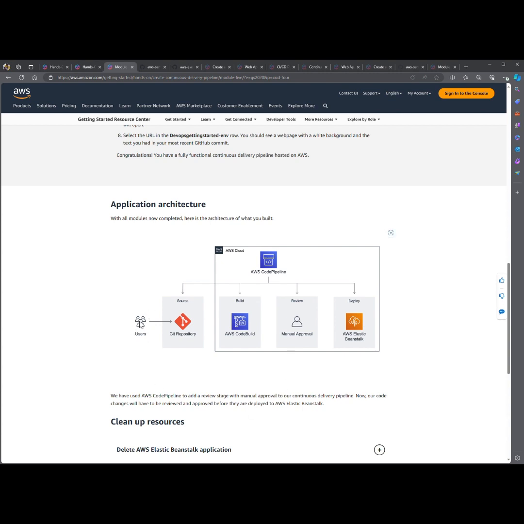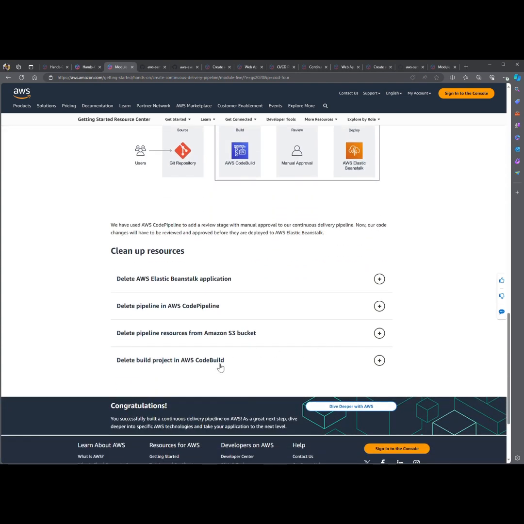Here we are. We're a user. We're going to change the code and add it to the GitHub repository. Sorry, there's also one called GitLab that I use quite often also. So if I have said GitLab and said GitHub, I meant GitHub. Once that happens, CodePipeline is going to build it automatically. It's going to add this manual approval process where a human has to go in and say, yes, go ahead and deploy it. If they get a yes here, CodePipeline will deploy it, and then hopefully we can go see it